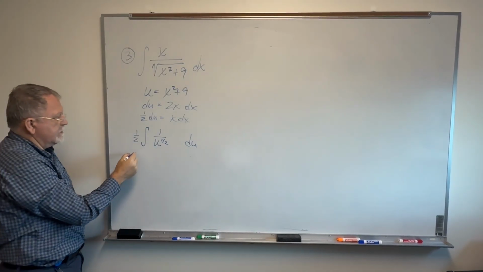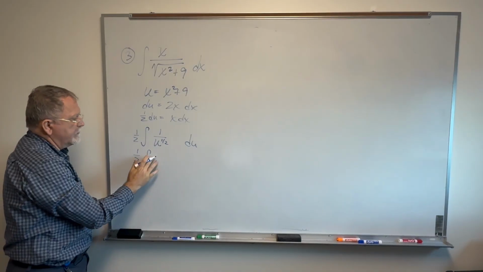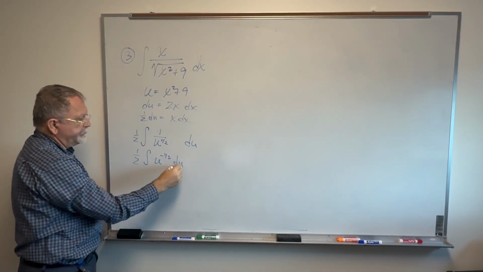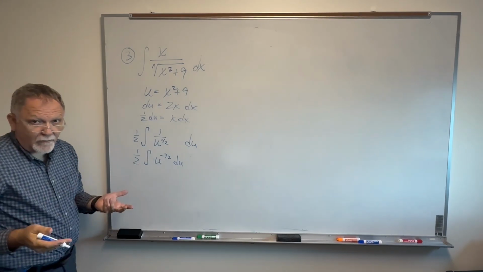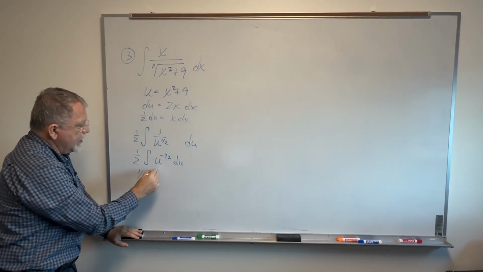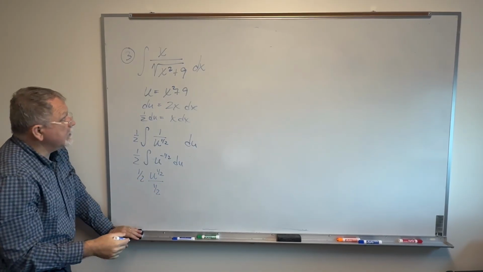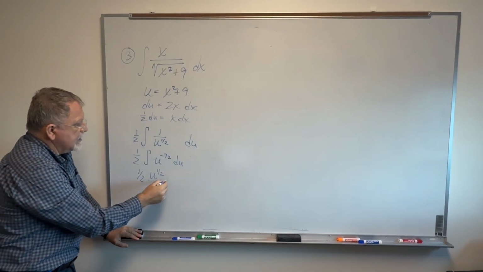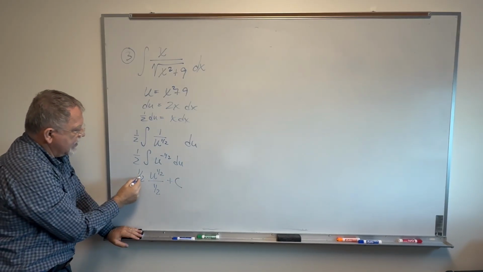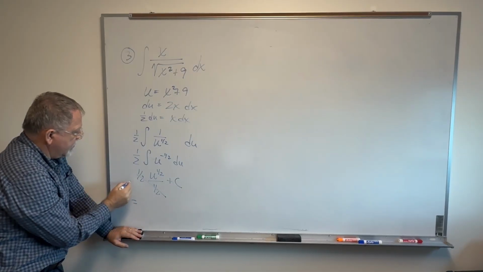So I can rewrite this as 1/2 times the integral of u to the negative 1/2 du. So again, I add 1 divided by the new power. That'll be u to the 1/2 divided by 1/2. Well, that's convenient, plus a constant. Those two 1/2s are going to cancel out. That's nice. And that will leave me with